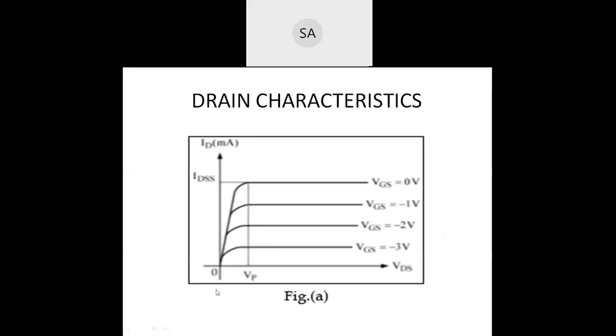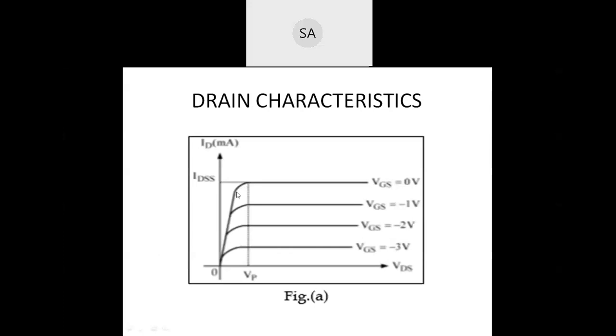In this region, we keep the voltage VGS constant and increase the voltage VDS, and the drain current increases proportionally, which obeys Ohm's law. That's why we call it the ohmic region. From this point to this maximum IDSS, we call it